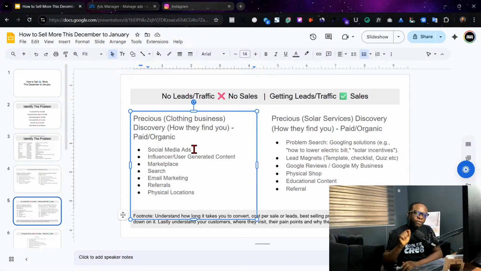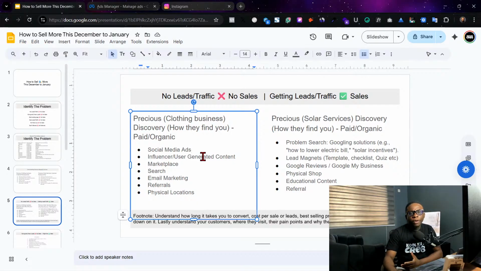Let's take for example you have a physical store and nobody is passing in front of your store. Are you going to get sales? No, it's simple math. So now, if you can't get people to see you, if you can't get people to know you exist, you would not sell. And if you can get them to see you, then that is one step into getting your sales, because there are other processes to get them.